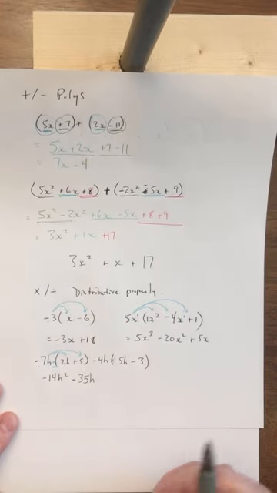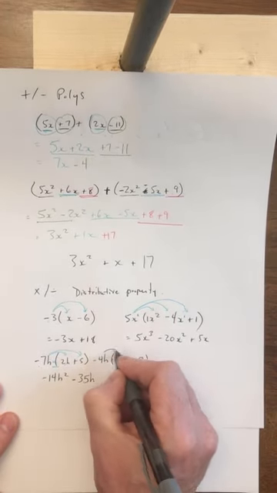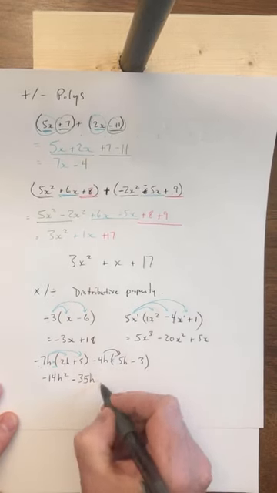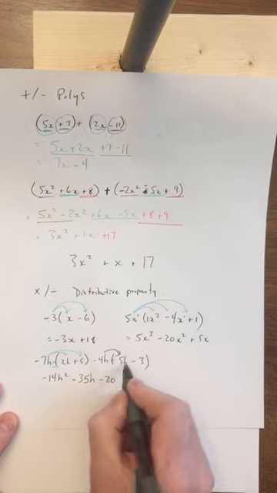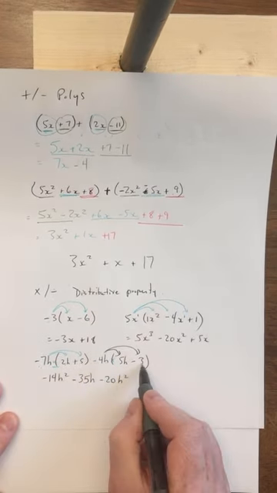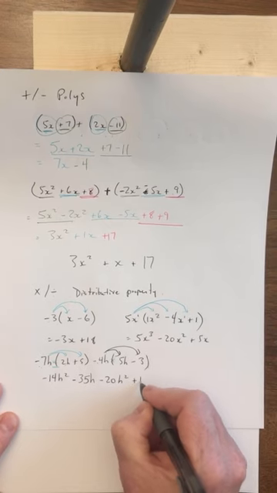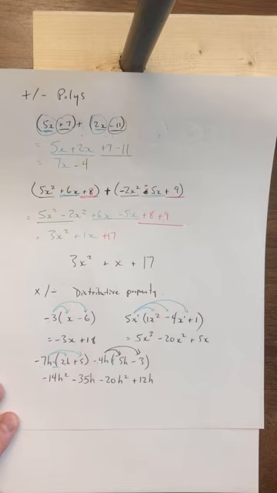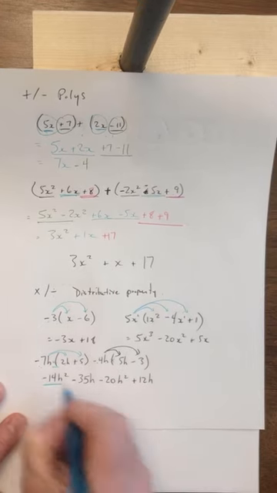Now here's where we're going to lose that subtract, because we will do minus 4h times 5h. Minus 4 times 5 is minus 20. H times h is h squared. Minus 4 times minus 3 is positive 12. H times nothing, we keep an h. Now we have